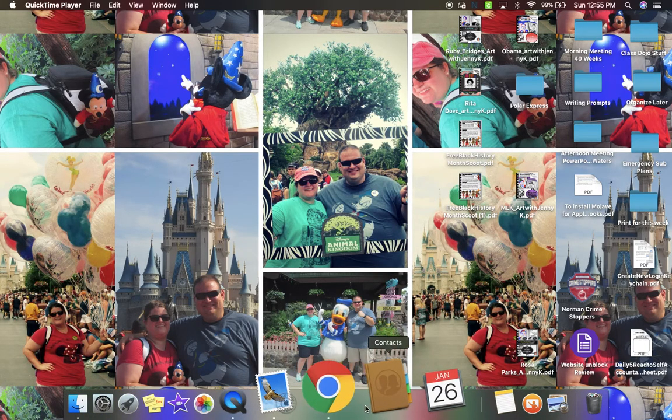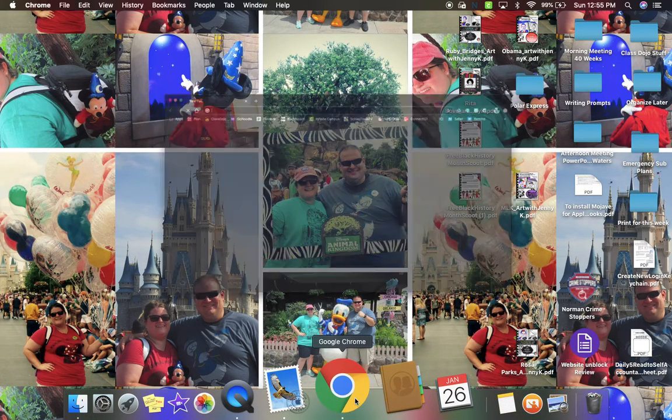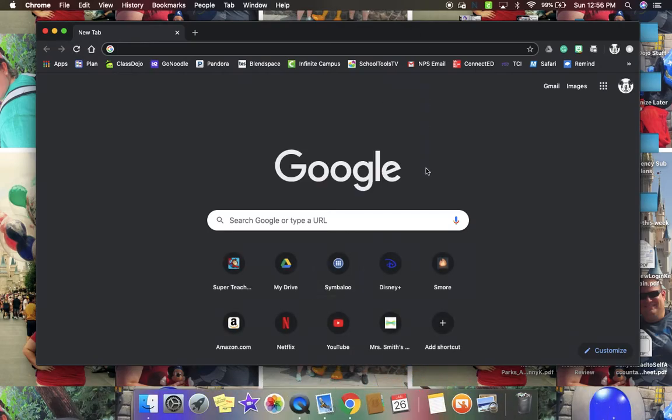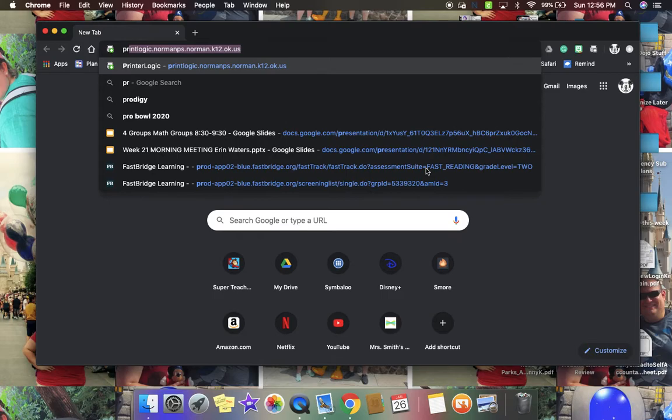Hey guys, so I'm going to show you really quickly how to get onto the color printer. I finally got it to a point where it's working. So you'll go to